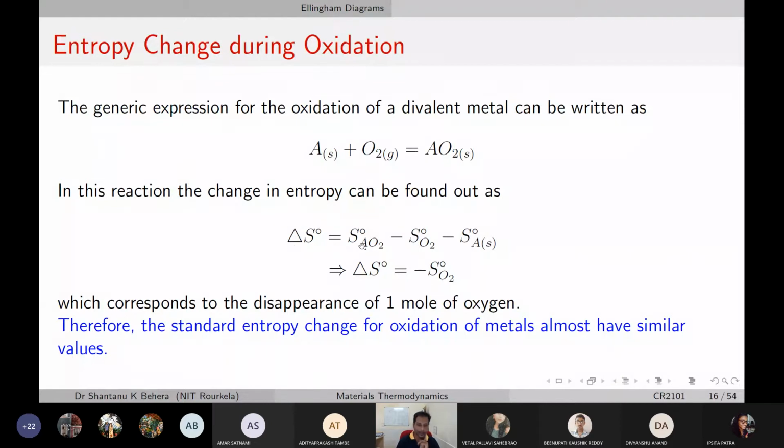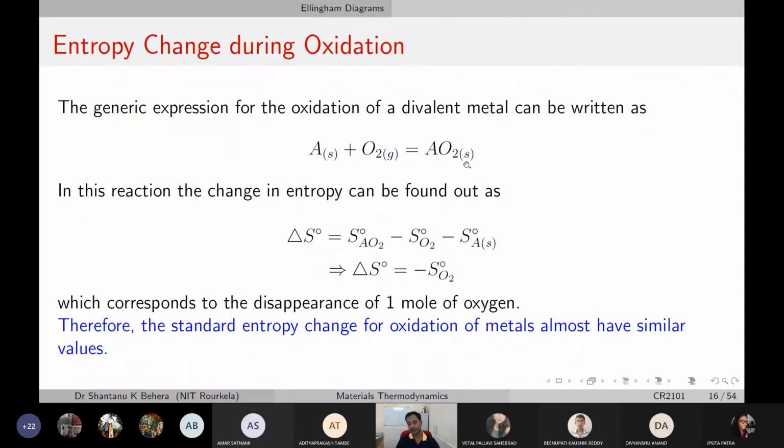But what is the entropy of AO2, and what's the entropy of A, vis-a-vis the entropy of oxygen? You know that A is a solid, oxygen is a gas,